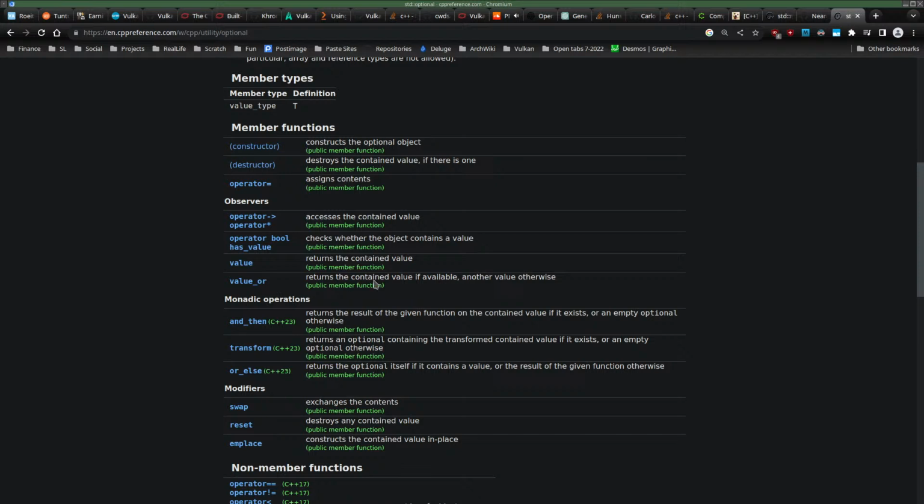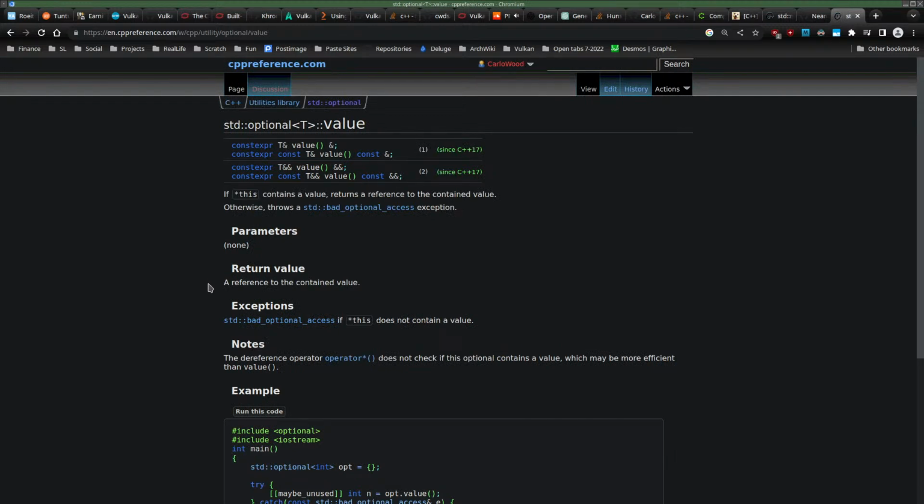Operator bool returns contained value. Yeah. I think I'm happy with just value. So I'll throw if it doesn't contain a value.